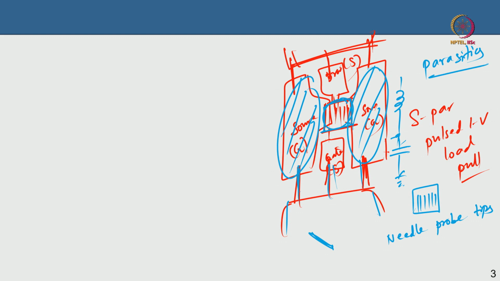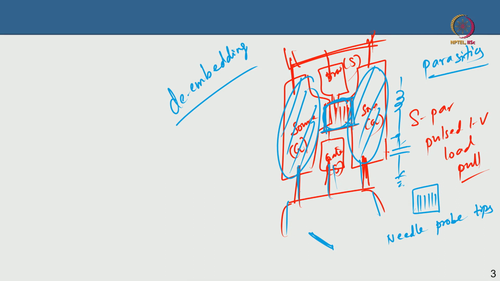You need to subtract out the effect of this pad parasitics. So that is called de-embedding. Because the device is embedded in a network of these pads, you want to de-embed those, you want to subtract the effect of the parasitic components introduced by these pads,